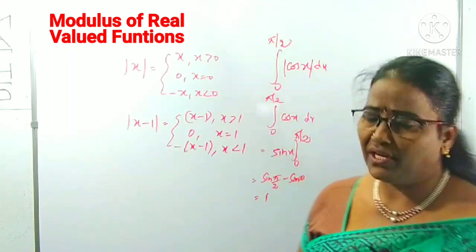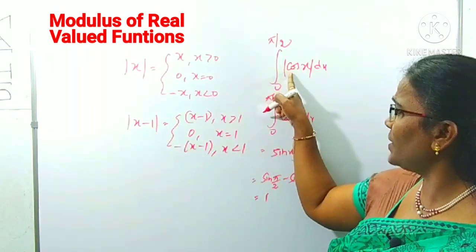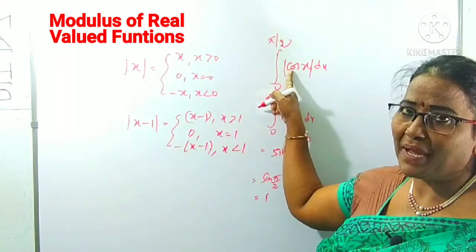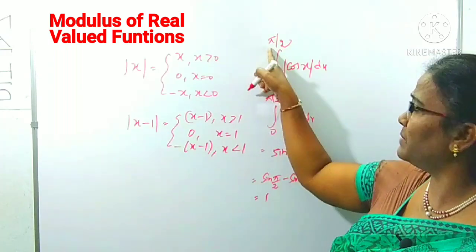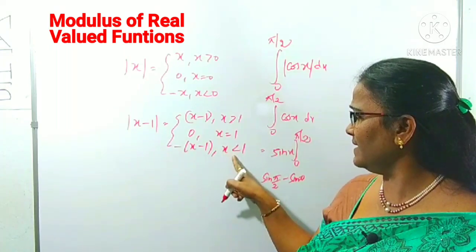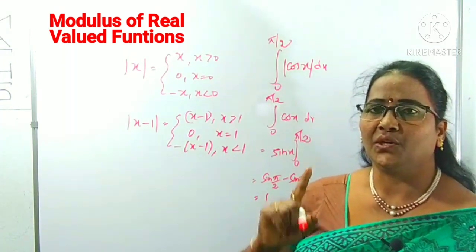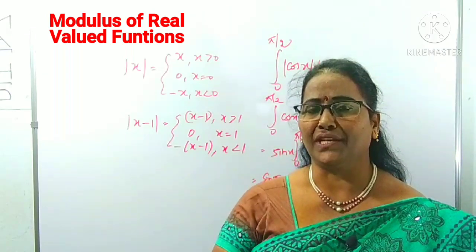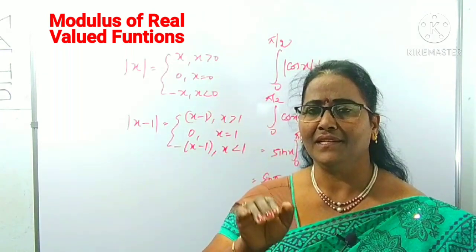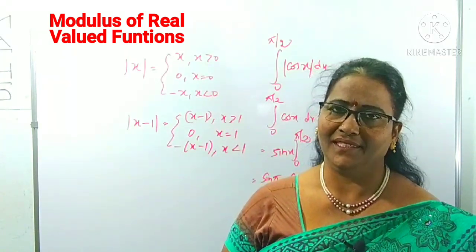Same question, if I give it like this, indirectly we can apply this also. Cos x is 0 when x is pi by 2. Means we can observe that 0 to pi by 2 means x is less than pi by 2. But in case of the cos function, cos is a decreasing function. When the x value is rising, cos is decreasing. When the x value is decreasing, cos is increasing. Like that also we can think, right?